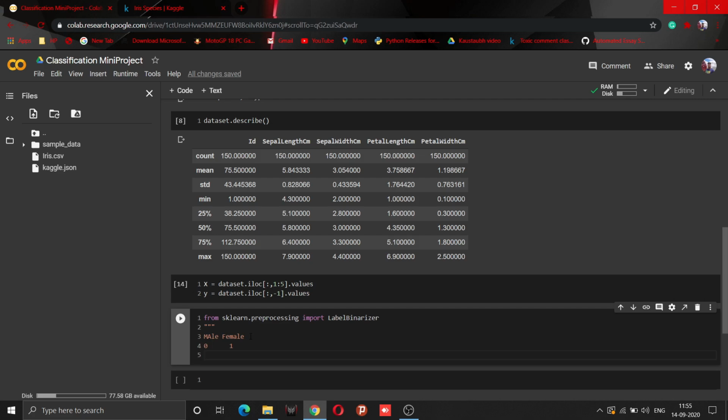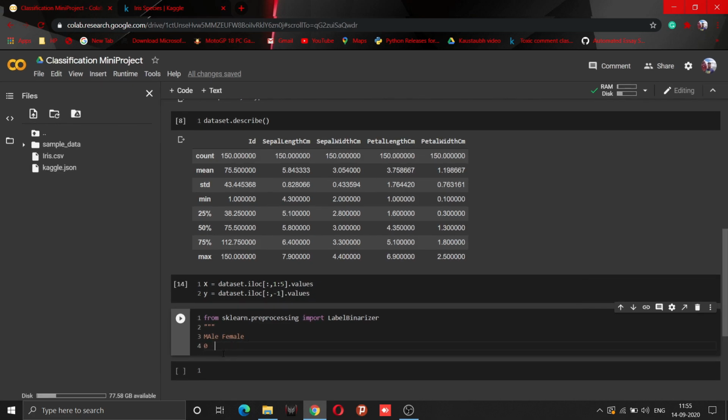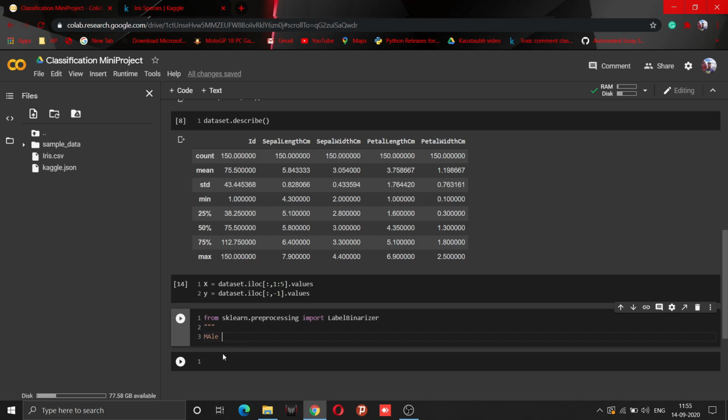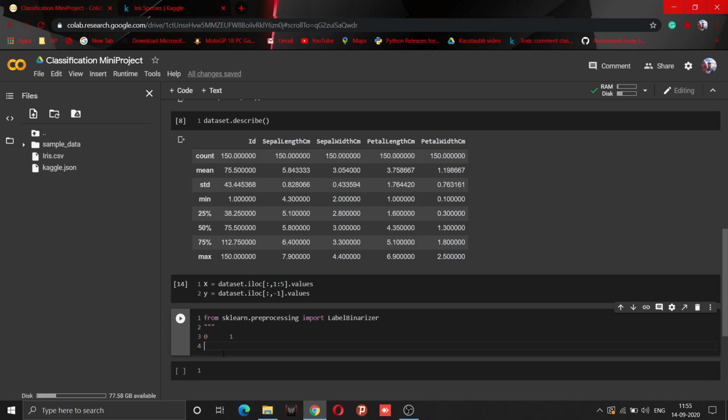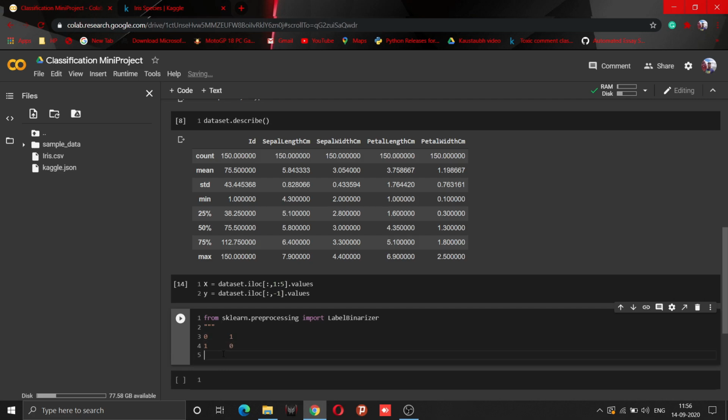Before performing one-hot encoding, it is compulsory to perform label encoding. So as we had performed label encoding, let's suppose the male column is 0 and female column is 1. Whenever there is male, the value in the male column will be 1 and the value in female will be 0. Similarly, wherever we encounter the label, the same column will be indicated as 1.